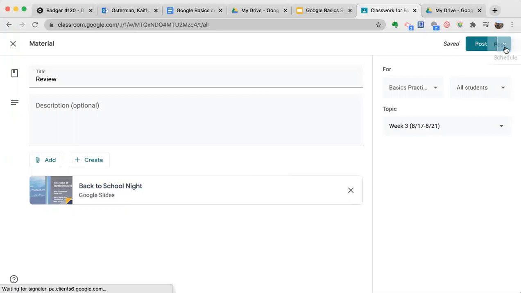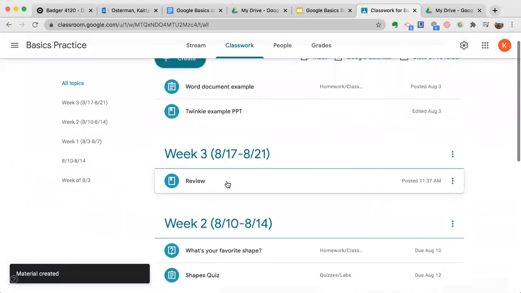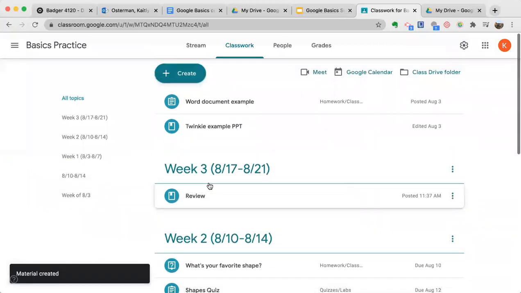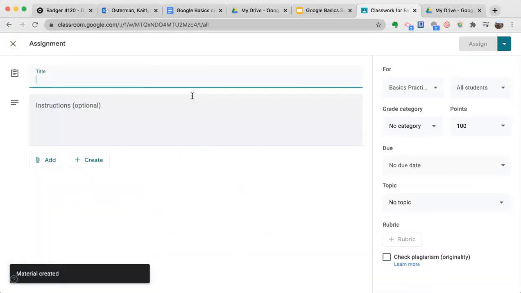And then I could either click on post, schedule, save as a draft, or discard it. And I'm just going to click on post. So once I do that, I'm going to go back, and I'm now going to see my review right there on week 3. If I want to add something else, let's say I want to create an assignment now,